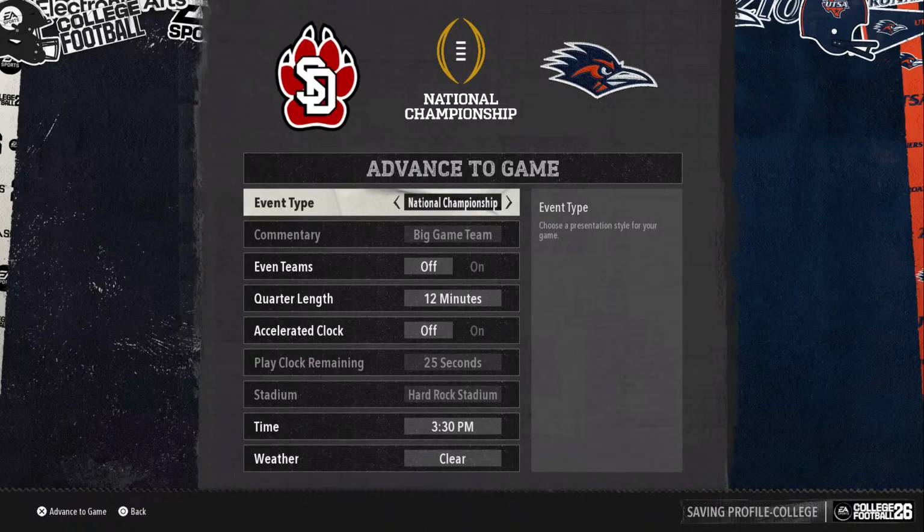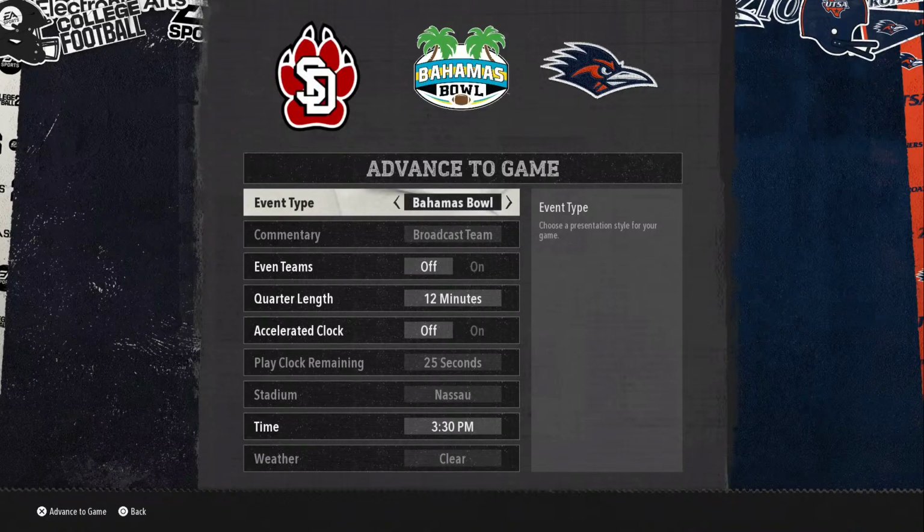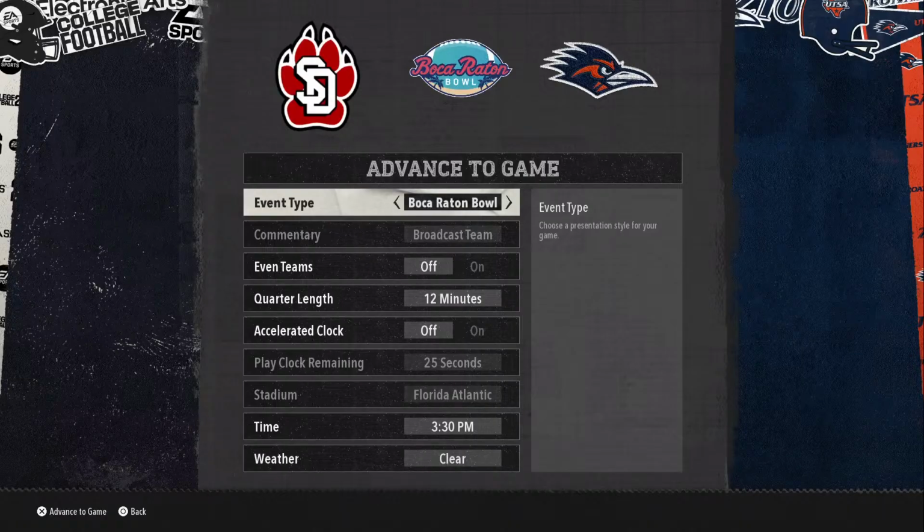National Championship mode. And here we'll be doing the Bahamas Bowl, the Kier Bowl, the Boca Raton Bowl, the New Mexico Bowl, the 68 Ventures Bowl. I'm just reading off what it says on the screen, by the way, if you're curious. LA Bowl, Independence Bowl, New Orleans Bowl, Myrtle Beach Bowl, Famous Idaho Potato Bowl, Frisco Bowl, Armed Forces Bowl, Gasparilla Bowl, Hawaii Bowl, Salute